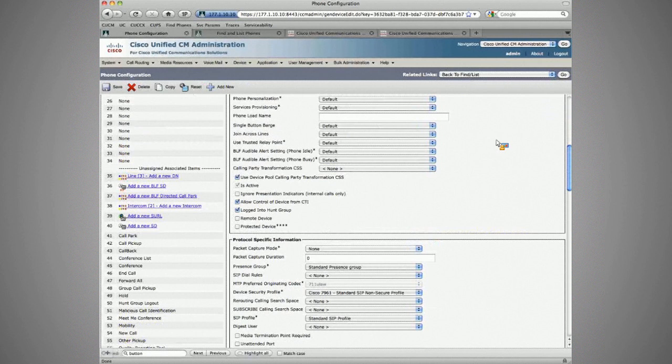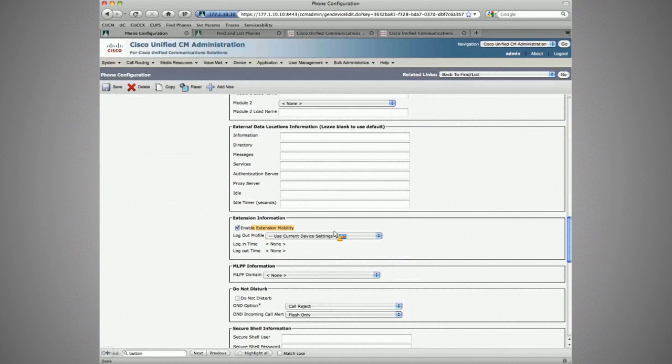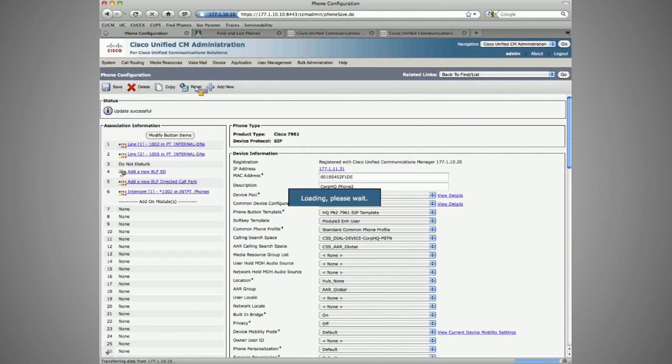And while I was in corporate headquarter phone 2, I wanted to also, but forgot, go down and actually enable the ability to log in to Extension Mobility. So we'd log into Extension Mobility, give it the ability to log in, start the phone again,